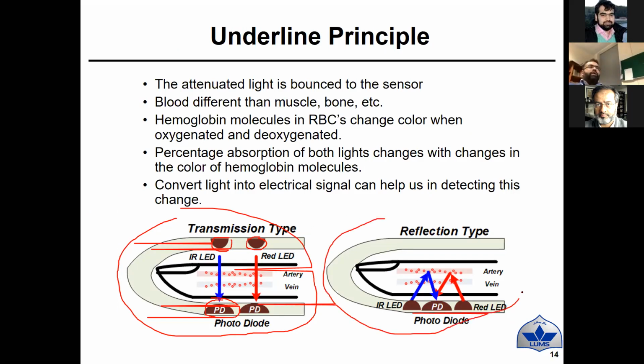The opposite scenario comes the reflection type, जो मैंने अभी बताया था कि light is going to pass through and then it's going to reflect back. अगर आप photodiode इस तरफ रख दें, and you can observe again, यहाँ से भी transmit करेगी, but you are not putting any photodiode on this side. And once you have this photodiode क्या करेगा? It will convert the light signals into an electrical signal.